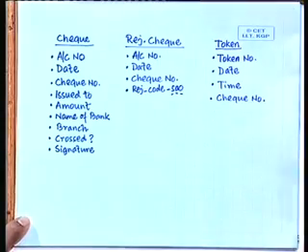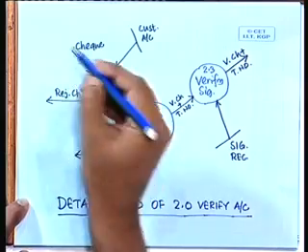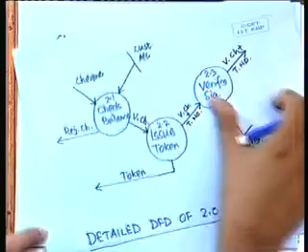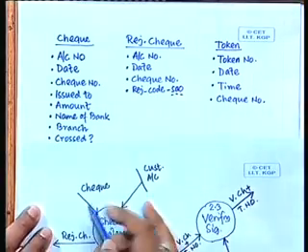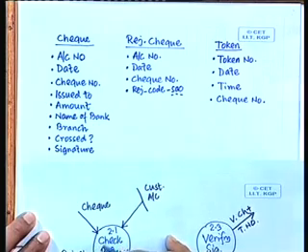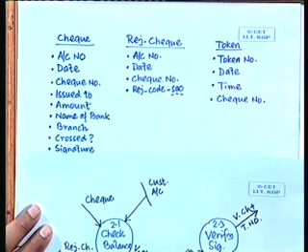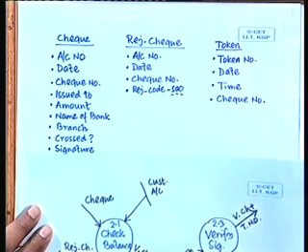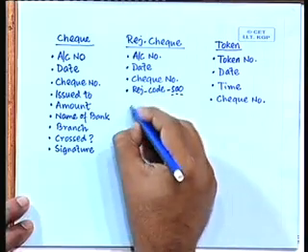So, in our detailed data flow diagram, while we have the check, we must write all these details. Basically, what is the check? Check means your account number plus date plus check number plus issued to plus amount plus name of bank, branch, crossed or not, signature, etc. Similarly, what is a rejected check? We already understood. Then what is a verified check with token number? Basically, this could be